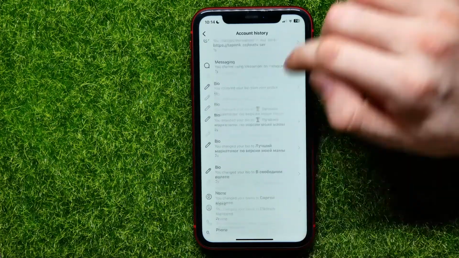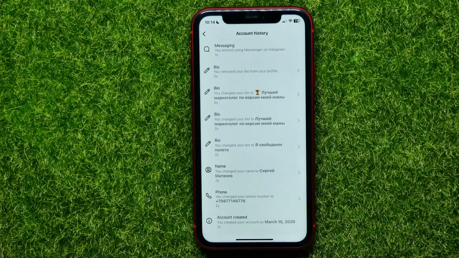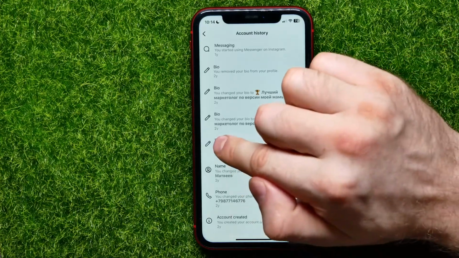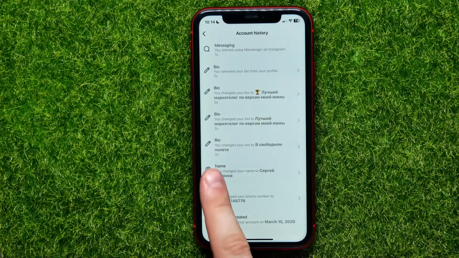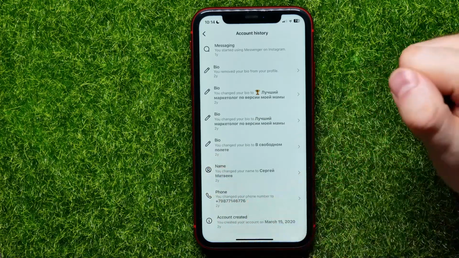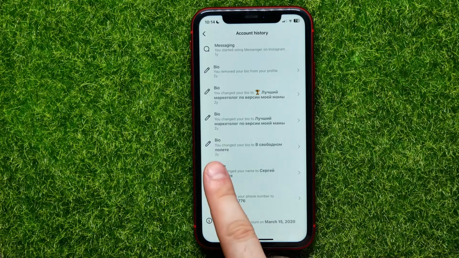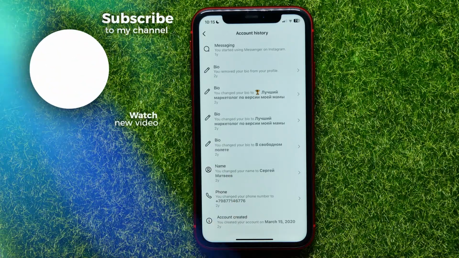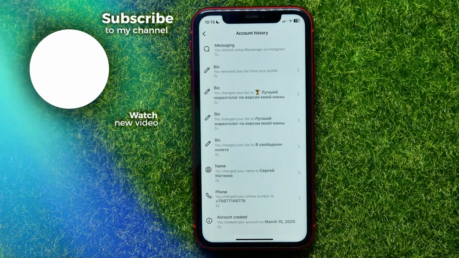You can scroll all the way down to the very bottom, and here just look for Bio, and that is actually my first bio that I've made on that account. I made it 2 years ago, and that's how you can find all bios at your